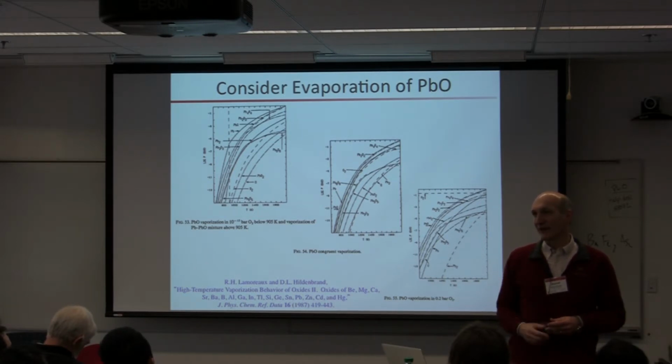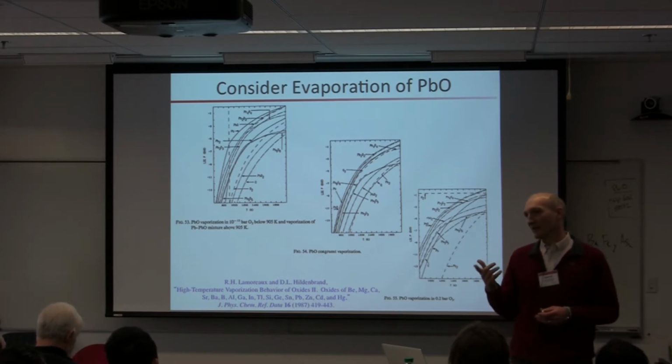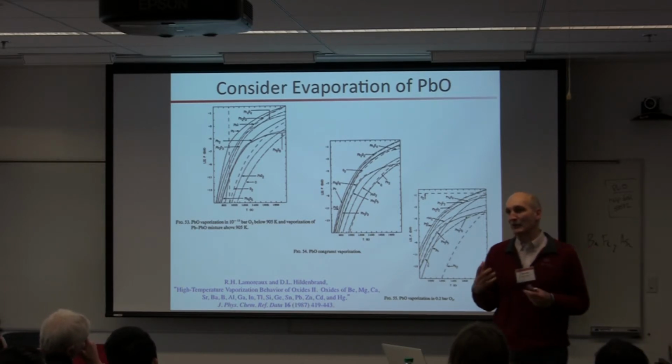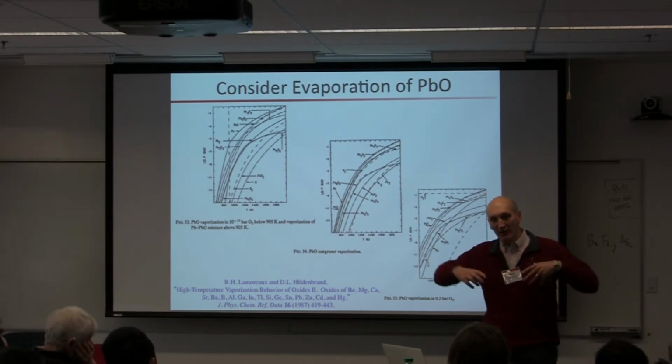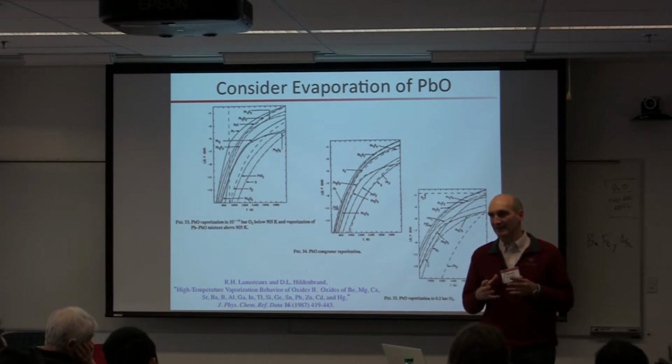But things don't evaporate congruently. In general, when you heat up some oxide, the volatile stuff comes off first, okay? And the not so volatile stuff comes off later. The trick in PLD is it's not equilibrium evaporation. It's much closer to a process we call flash evaporation, where you're totally volatilizing everything that is being absorbed in